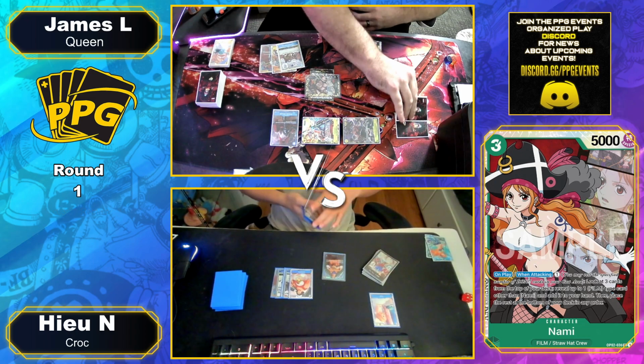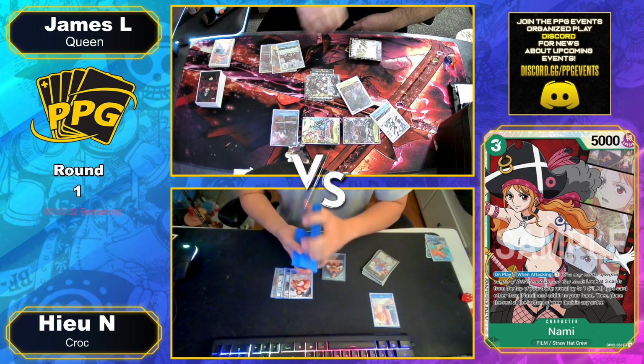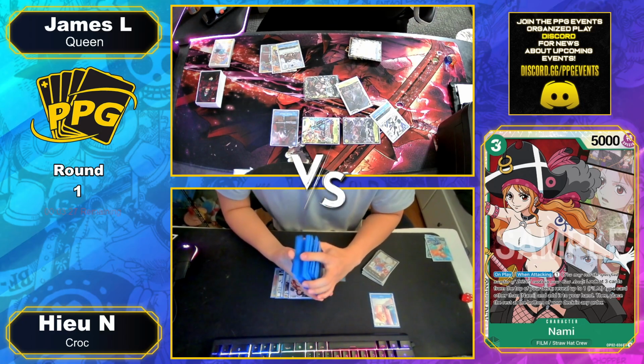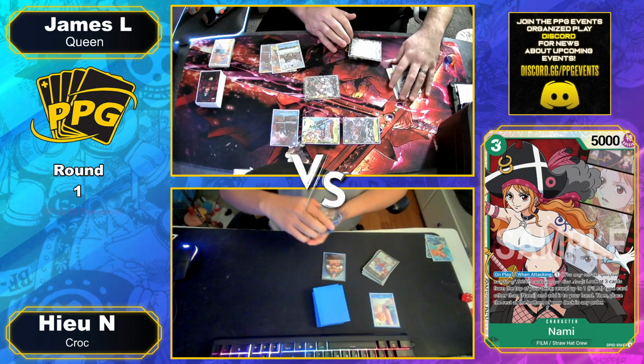Queen taking this one. And I think that's generally how this matchup's going to work. Croc's just got to be a bit more aggressive, and they don't always want to do that. Unfortunate there, but definitely powerful from the Croc side. Yeah, let's jump back over to a camera of us here, but